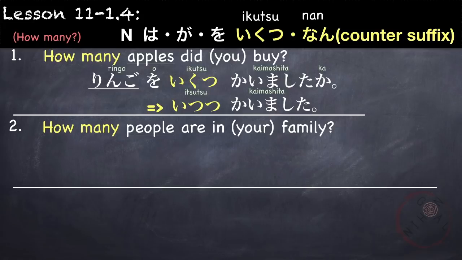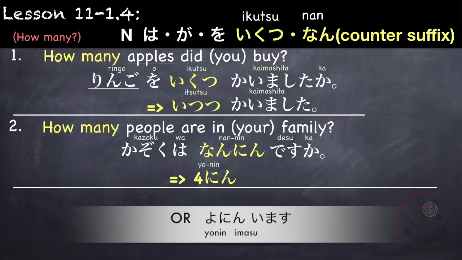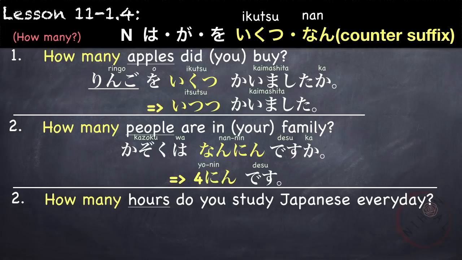Another example, how many people are in your family? 家族は or あなたの家族は. We replace our quantifier with our interrogative, how many? Since we are asking the number of people, we use 何人. Nan, what? Nin is the suffix for people. 家族は何人ですか? If you want to say 4 people, 4人です。